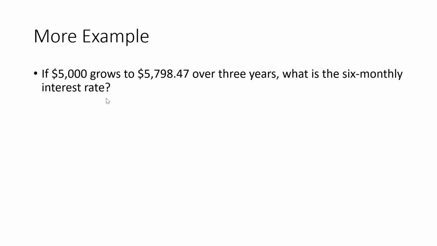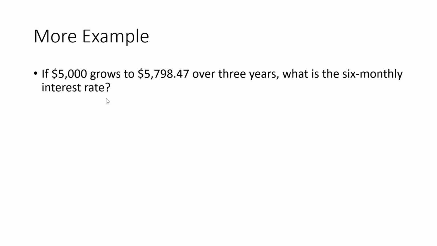Okay, so another example. In this example, $5,000 grows to $5,798.47 over 3 years. So here we're going to be calculating interest. We are given the present value, the future value, the number of years, and no payment. Payment's going to be 0. So PV is going to be 5,000. FV is going to be this number right here,